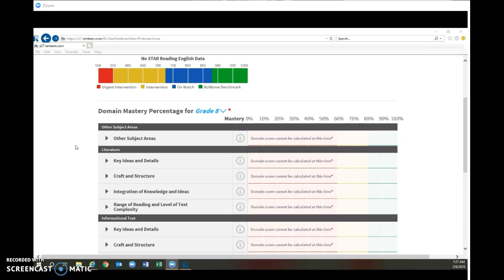So STAR Custom does give you the opportunity to go in and choose an assessment that you can give the students just on one particular skill. So if you were to start using the STAR Custom program, you would give those probes to the kids, and then there would be a third level here. You'd be able to click on those standards, and then you'd be able to see things at the skill level. We're not able to give you skill level scores